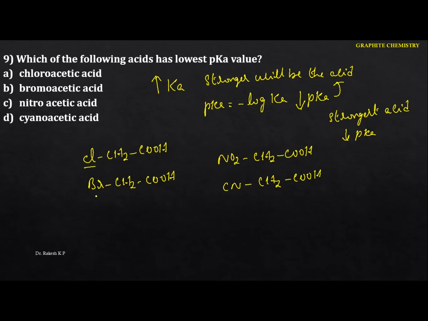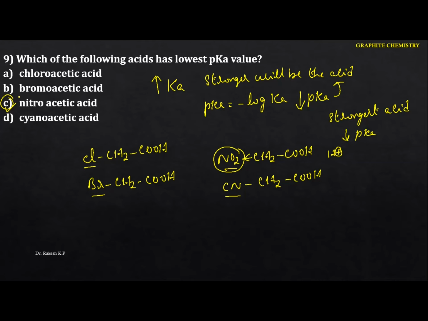But see this one. This is also electron withdrawing, this is also electron withdrawing. But you have to identify. If you have the strongest electron withdrawing group, acidic strength increases. Out of the four, the strongest electron withdrawing group is the nitro, which withdraws electrons very fast. Hence the release of H plus also becomes fast, and that shows the strongest acid. So this particular acid has the lowest pK value because it is the strongest acid. Hence the option is C.